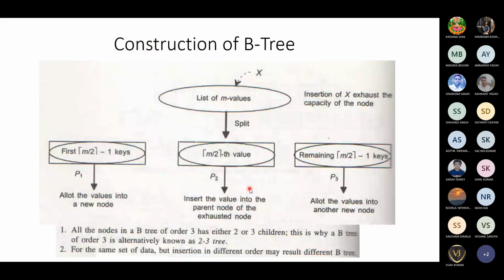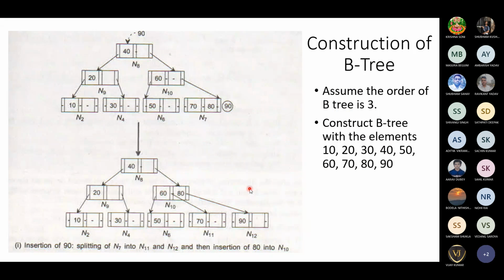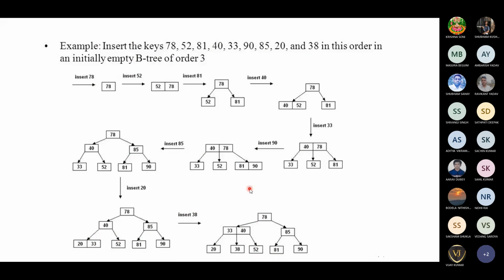And we try to understand how we can search for an element and how we can insert an element. This is another example. Suppose it is initially of order 3, and 78 comes. Then 52 will come, you compare, and insert at the left. Next 81 will come, this node will burst, 78 will become the root node, 52 will become the left child, and 81 will become the right child. Inserting 40, you compare with the root node. Because of order 3, it will go to the left side and you insert 40 first, then 52 in this fashion.